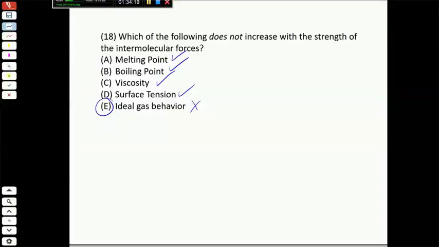Yeah, you have one? Can you explain surface tension again? All right, so surface tension is,